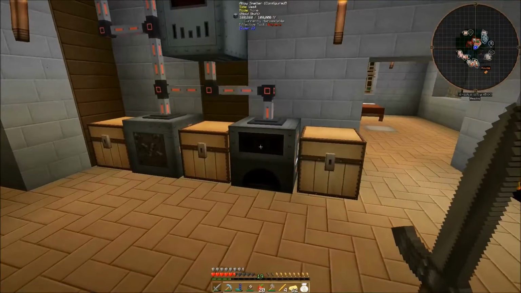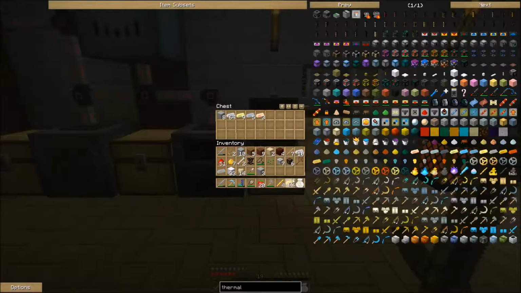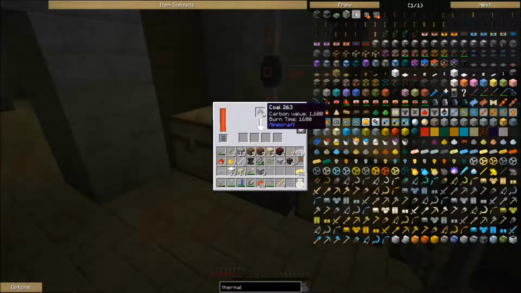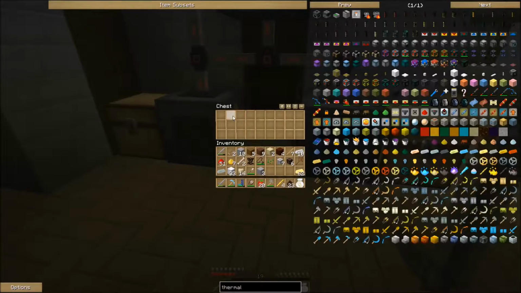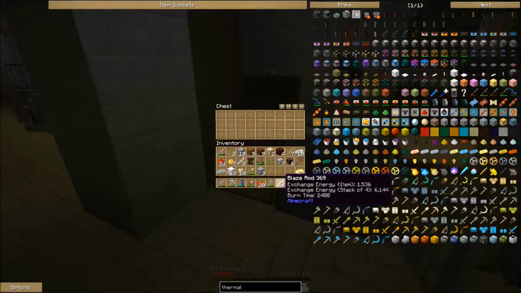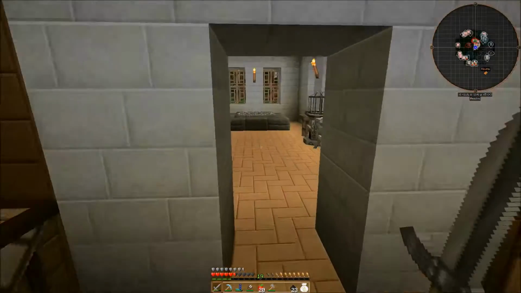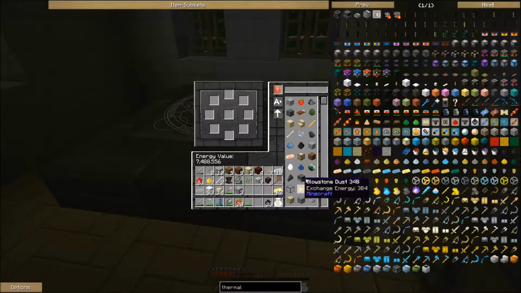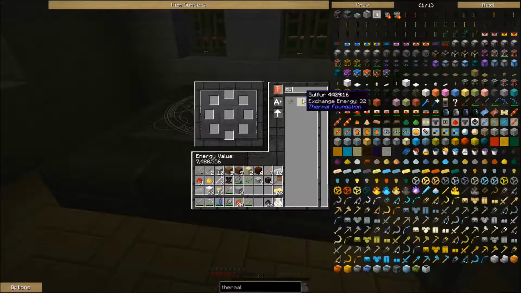Okay, welcome back. I've got 62 electrum now, so I've got this pulverizing up coal, because the next thing we're going to need is pyrotheum dust. Now, pyrotheum dust does take sulfur. You can actually get that from pulverizing blaze rods at like a 50% chance, but we also got it in here now, so let's just grab ourselves a stack of that. It's not a big deal